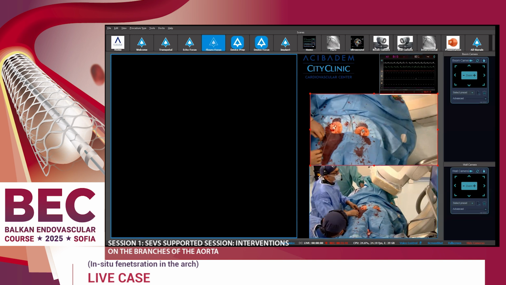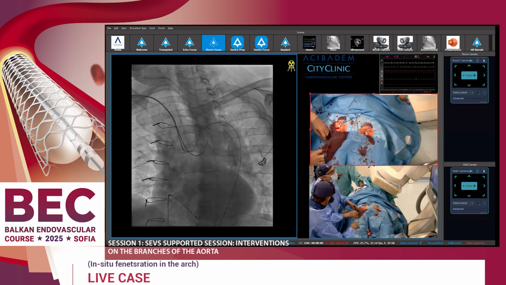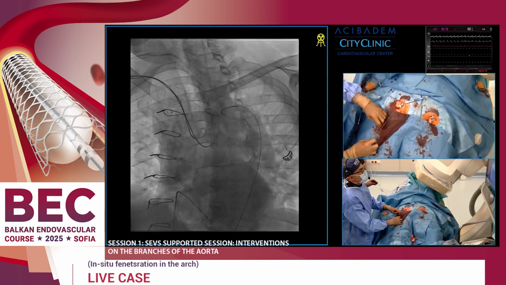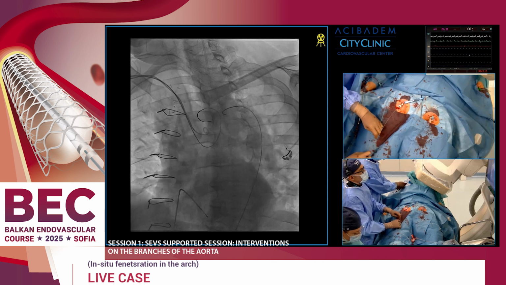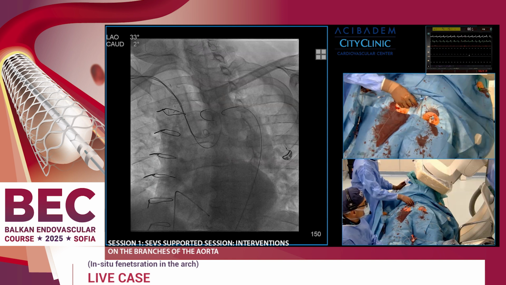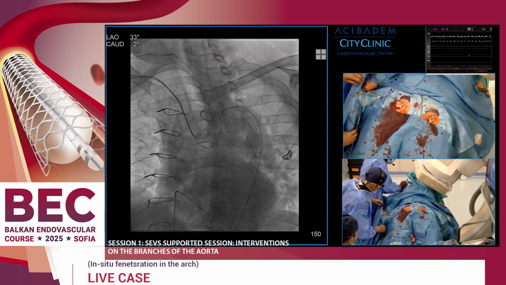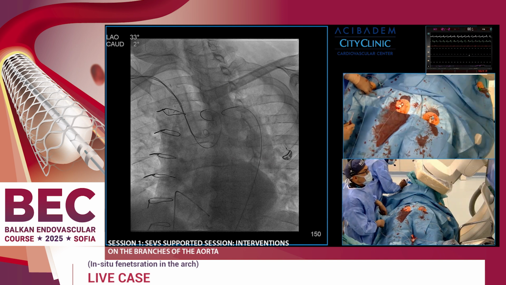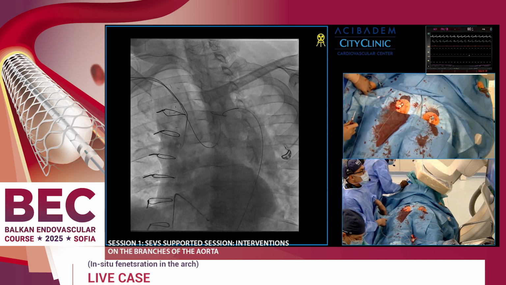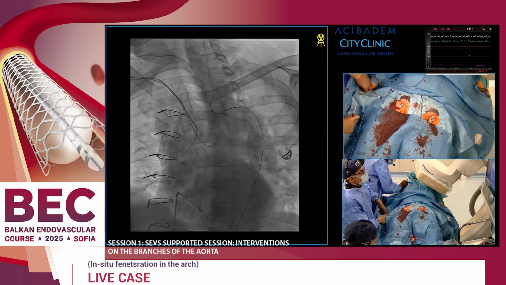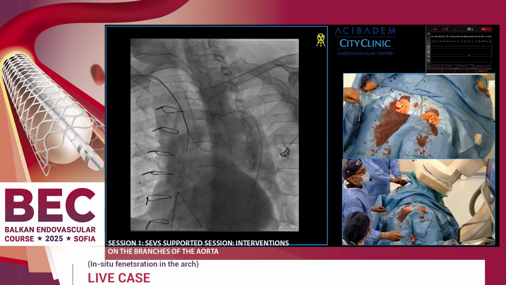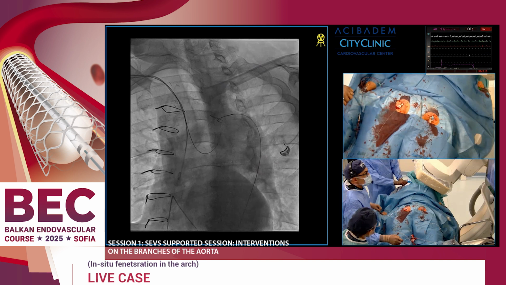Yeah, perfect. Okay. And now we see the screen. 10 French. Okay, so you have a pigtail in the ascending aorta, and you are with the stiff guide wire also from the right side. Exactly, in the arch. Yes, in order to position the guiding catheter that we are going to utilize for the in situ fenestration, we have put an extremely stiff wire. This is the Lunderquist wire, and